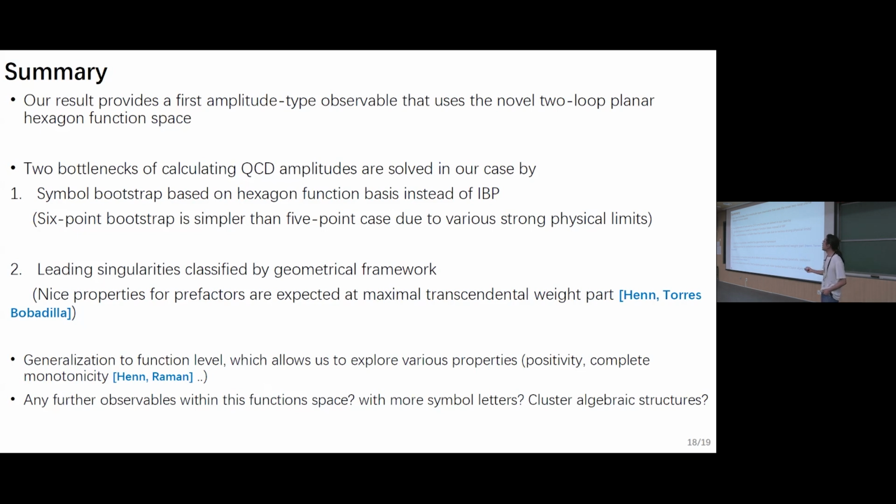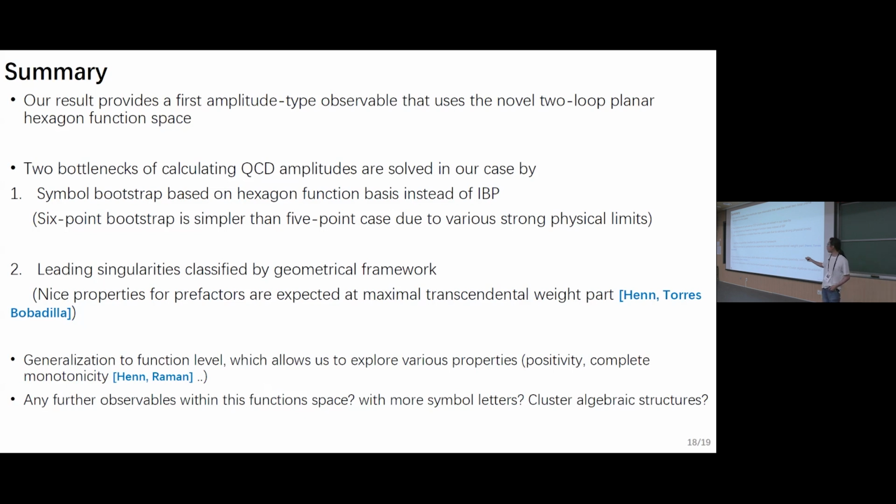So firstly, instead of IBP reduction, because we have the function space, we do the symbol bootstrap. Of course, this procedure can be applied to any observables that localize in this function space, because they can always be expanded by the master integrals. And there's really a simplicity I want to emphasize, because the 6-point bootstrap is simpler than the 5-point bootstrap. So you could expect that if you can write down an ansatz for the target observable, it's very possible you can fix that. Okay. And the second point is, the singularities of the QCD amplitude are a very complicated task, but